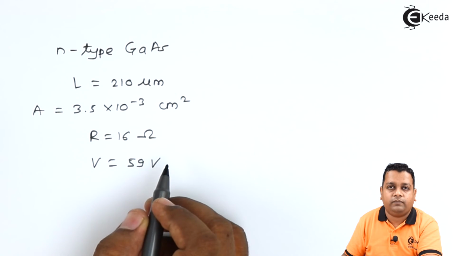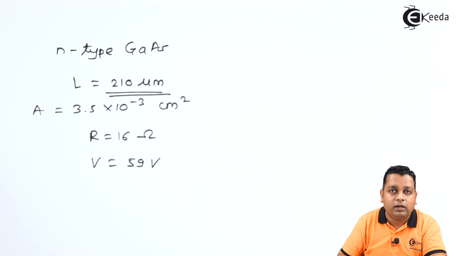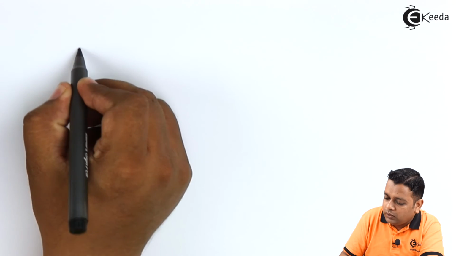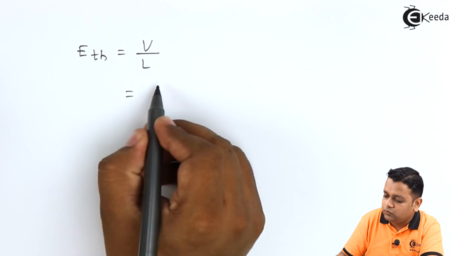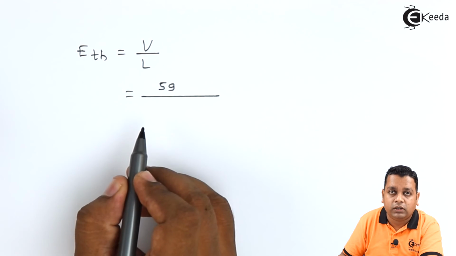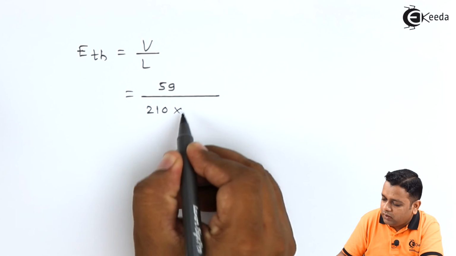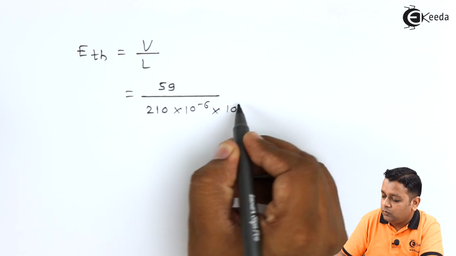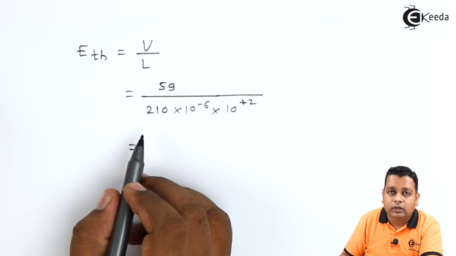above 59 volts. At that time he found that the electric field threshold is inversely proportional to the specimen length. If the length of the specimen is varied, changes in the electric field threshold from which the oscillation started were also observed. Finally, the threshold value is given by E_TH equal to V divided by L. As the voltage was 59 volts, it is substituted into the numerator. The length was 210 micrometers, so micro is 10 raised to power minus 6, and centimeter to be converted into meters, 10 raised to power minus 2 is to be multiplied here. So finally it is obtained to have the value